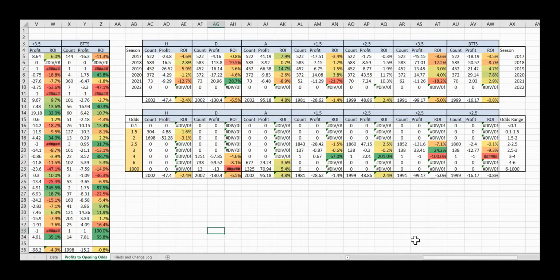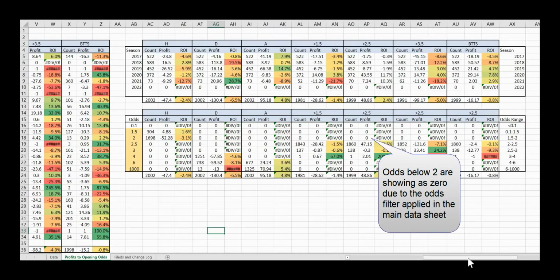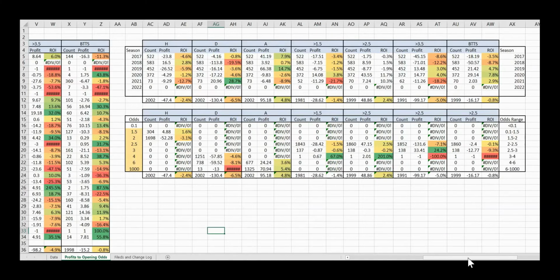As you can see, again, I'll focus on this over 2.5. And there is showing some reasonable profitability over the last couple of seasons, with a small loss in 2019. And then in the odds, it's actually showing all the profitability is in this range of 2 to 2.5. And this goes into a nice little lesson that what a lot of people will do now is go, oh great, well I can just eliminate the over 2.5.